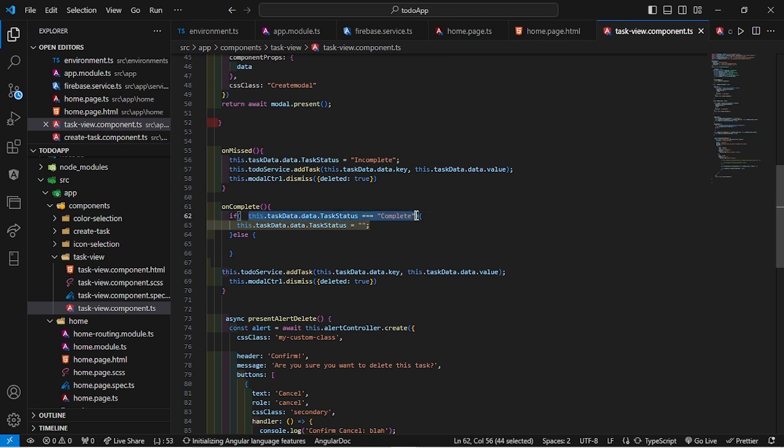We take this, must be complete, right? If you have it, leave it. If you don't have it, if you have complete, you click it, then remove. If it's complete, then don't do anything. So right, and then now we can go back to Firebase again, and then just like this